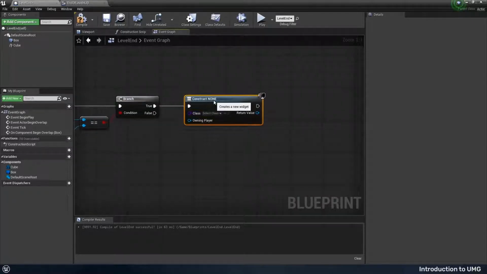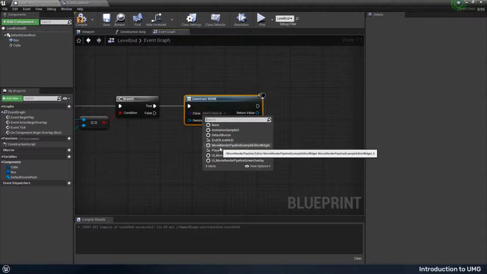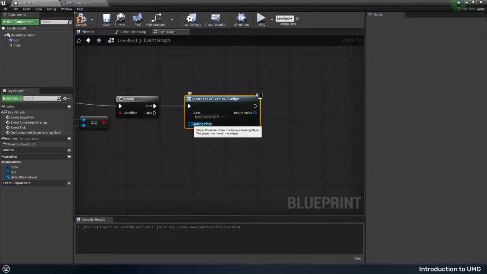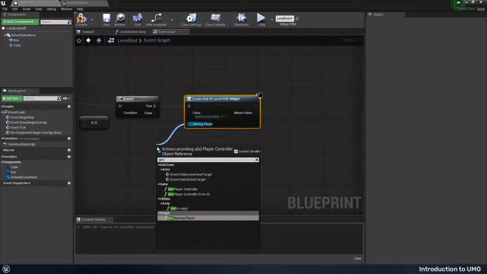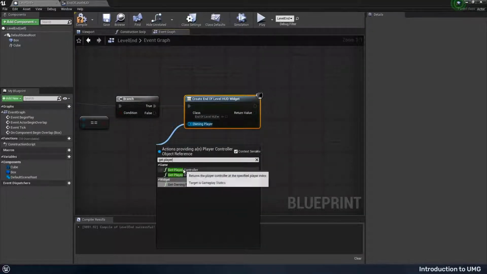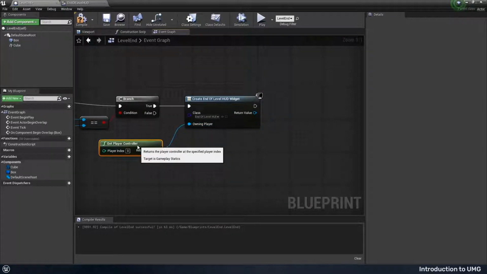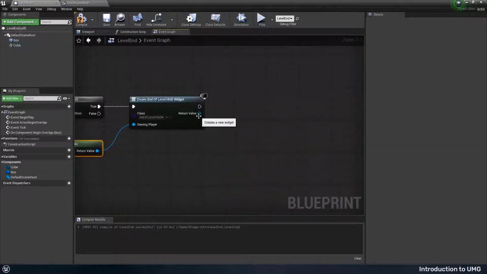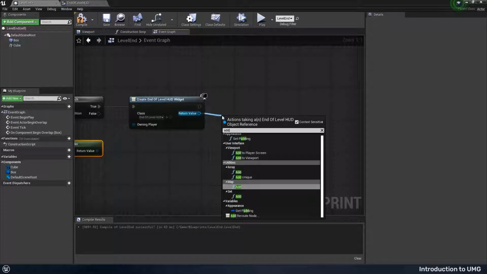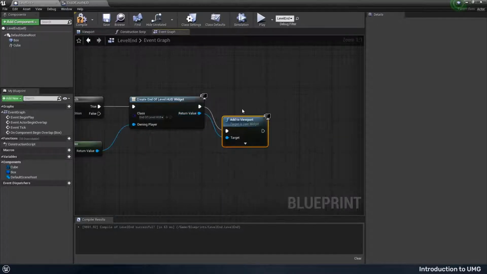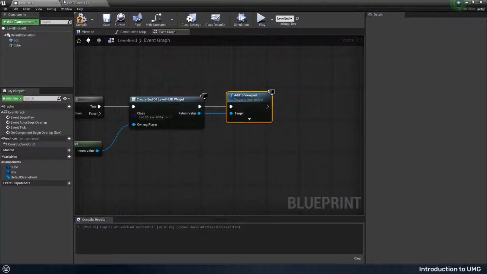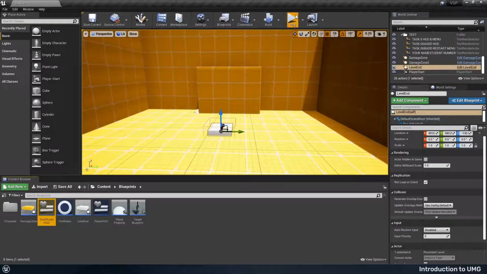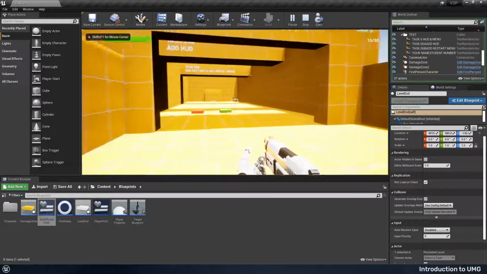Create widget, and class is going to be end of level HUD, and the owning player is going to be the player controller. And we're going to run into a bit of a problem now. We know we need to add it to the viewport, so let's add to viewport and save, compile, and test now. So if I just run to the end,